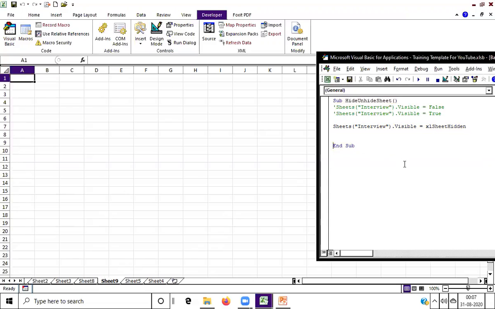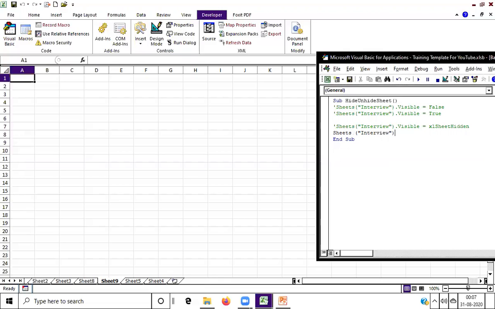In case you want to unhide the sheet, then you have to write the code Sheets, and the Interview sheet you want to unhide. So I'm writing here Interview, spelling mistake, Interview.